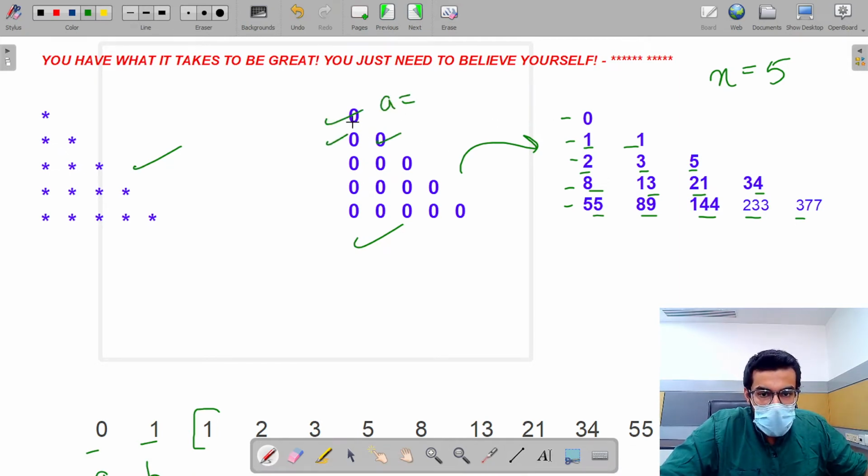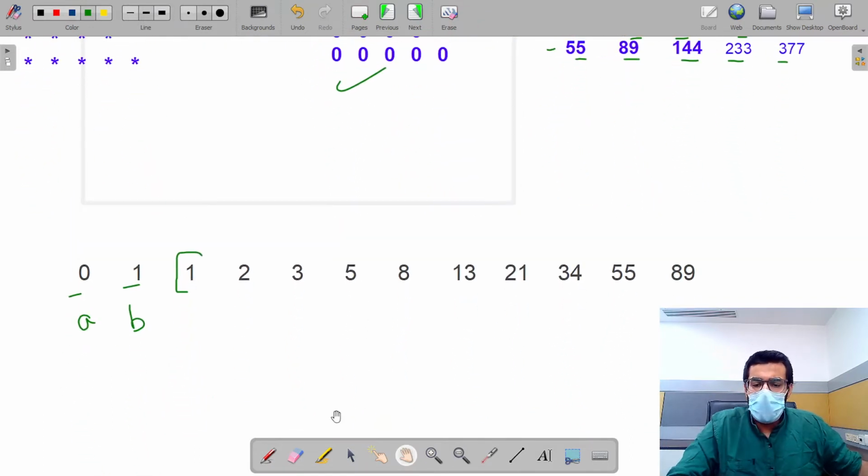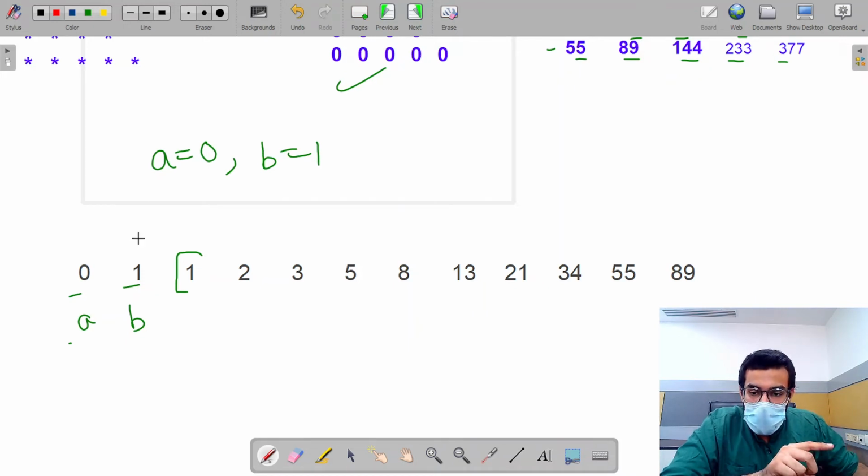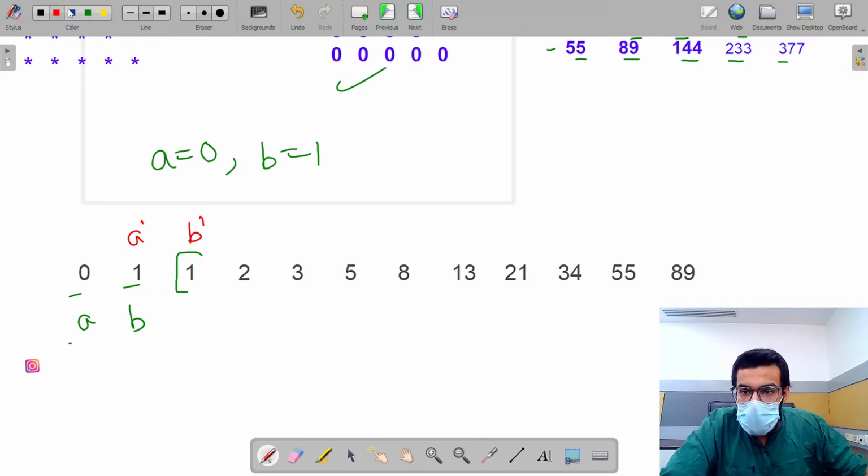So can I say that if I want to modify from here to here, I just need to update the value of a? And we already know how we print a Fibonacci series, but for your quick revision, let's do that. First we take the initial values of a and b as a as 0 and b as 1, and after that I simply need to print the next value as this, and the next value will be this.